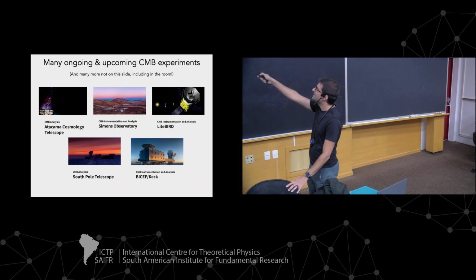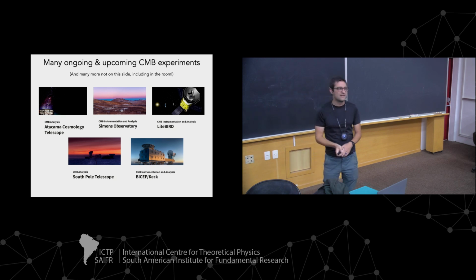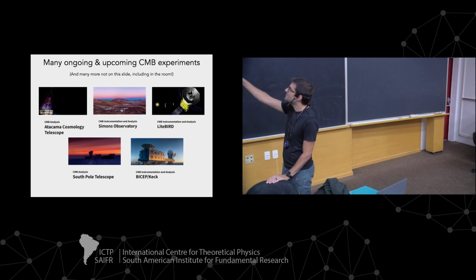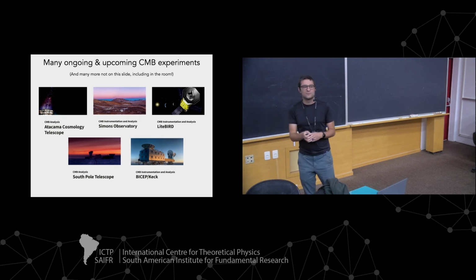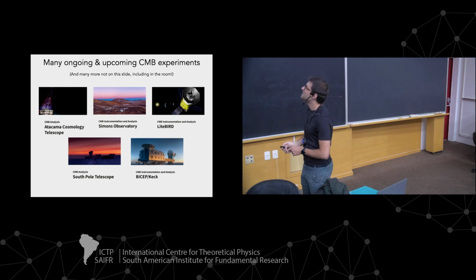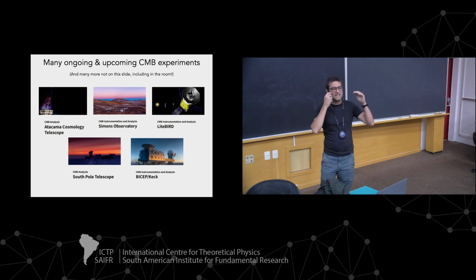And so I have analyzed data from the Atacama Cosmology Telescope, which is located in Chile, and concluded all its observations about a couple years ago. So a lot of the data analysis from this telescope has been released. The DR6 data release 6 cosmological parameters and maps are publicly available for anyone to download online. So this is a 6-meter telescope, and so a high angular resolution, about a 1.4 arc-minute beam that has mapped about half of the sky,